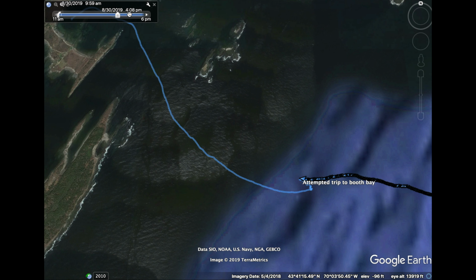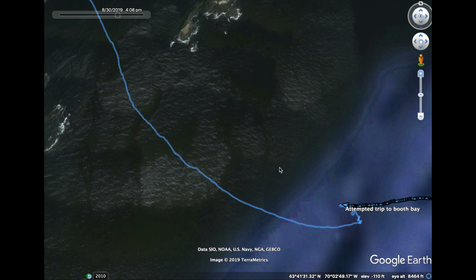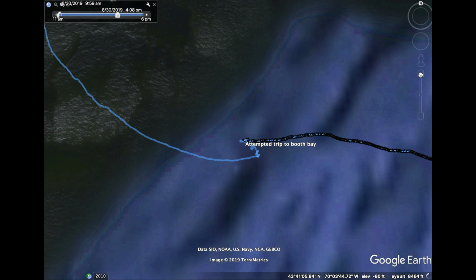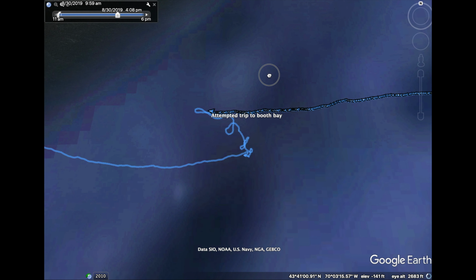So then unfortunately here around 4 o'clock, my makeshift bridle unties, and we lose the beast yet again. Fortunately, we've done it before. We've gotten into the rocks, and we've got some screw up time. So you can see here we make a few different loops back and forth, trying to catch